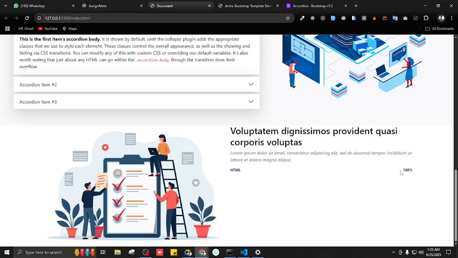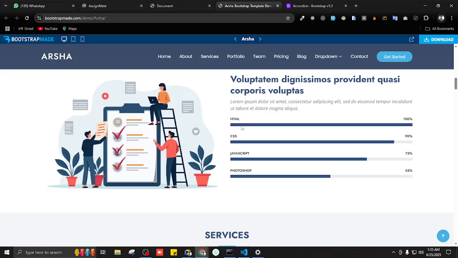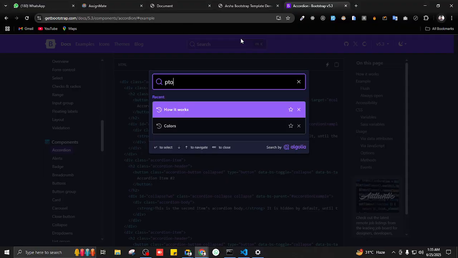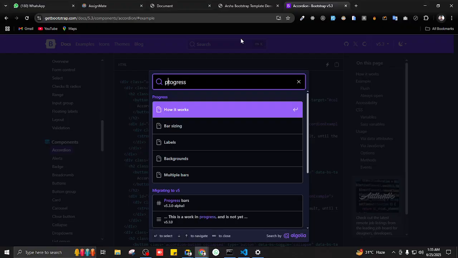Great, now we have it side by side. So now we want to have this. What is this? What is it showing? What is this bar showing? Percentage of what? Basically your progress. Okay, this one is showing the progress. This one is called a progress bar. So, again we have it in Bootstrap, so we'll just write progress,